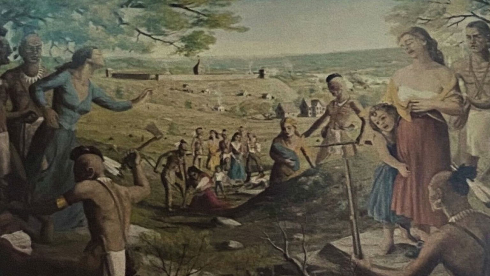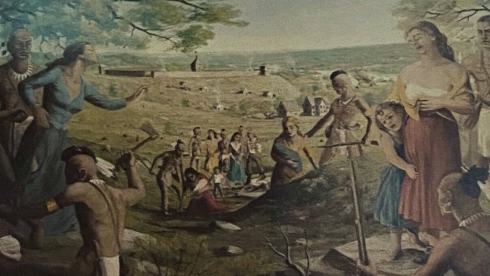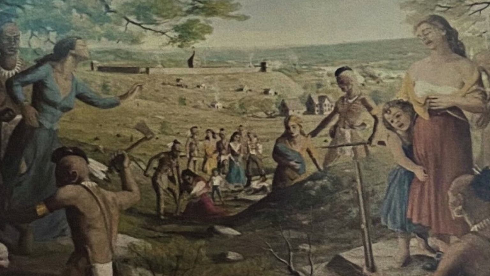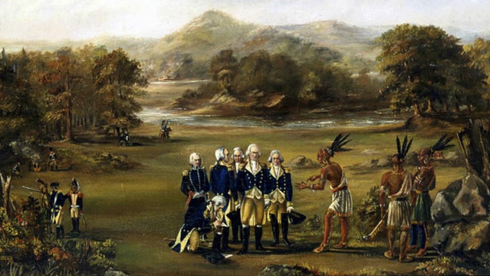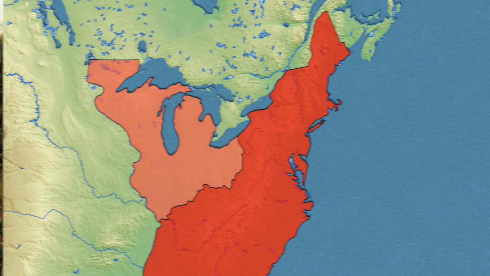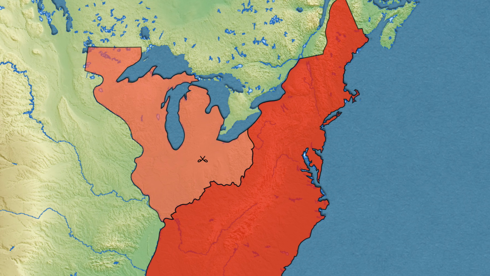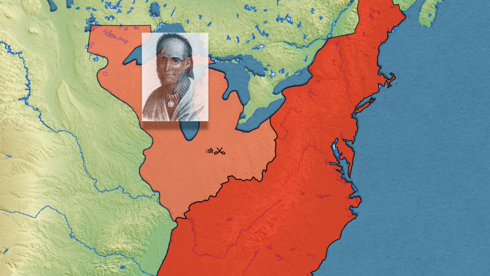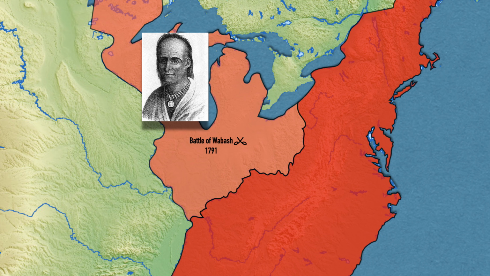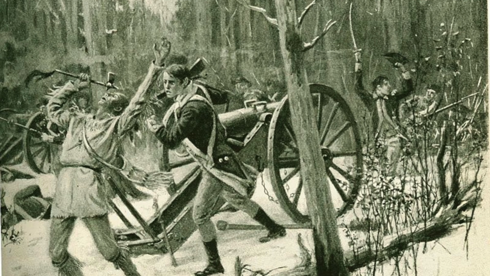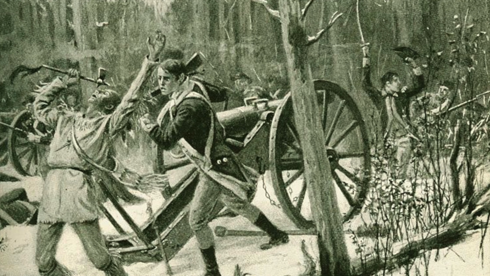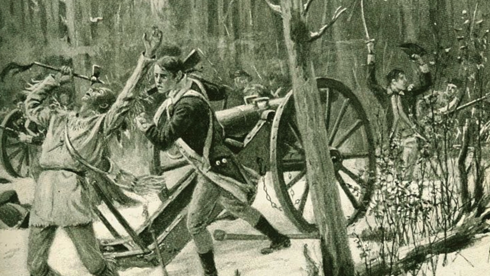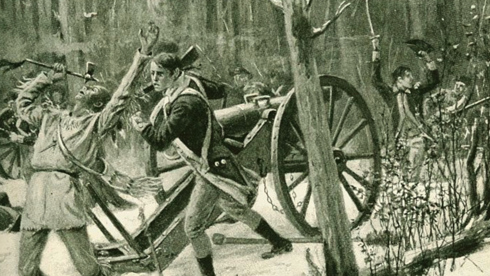The Indian Wars were a direct security concern to the US, given natives would attack American settlements directly, but more than that, they were a real military concern as well. America's worst military defeat was at the hands of the Miami chief Little Turtle when he routed American forces at Wabash, killing or capturing 656 men. And it wasn't until the Civil War that many US service members would be killed in one battle.